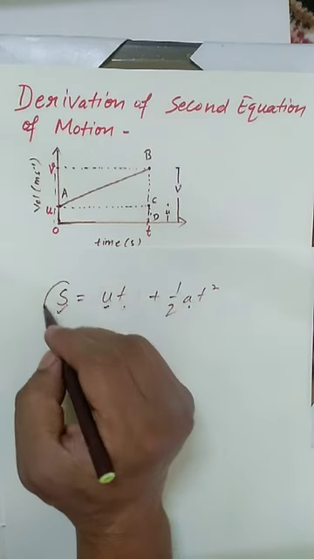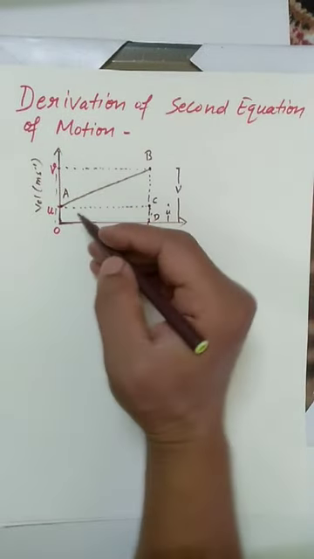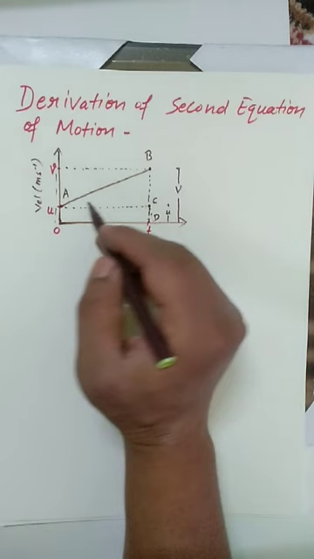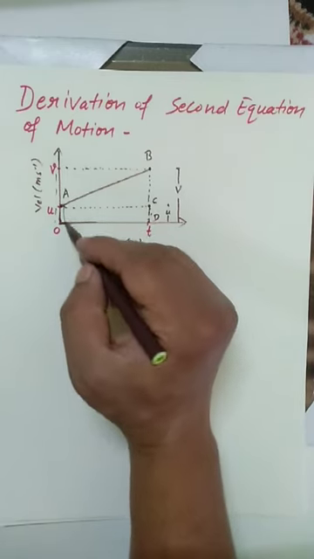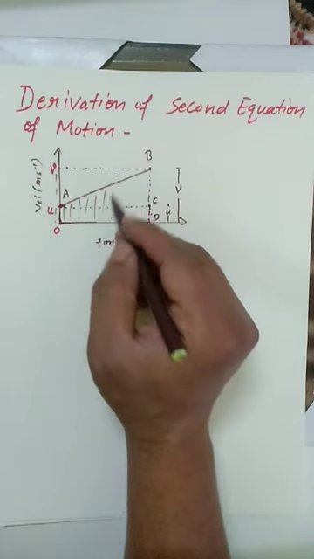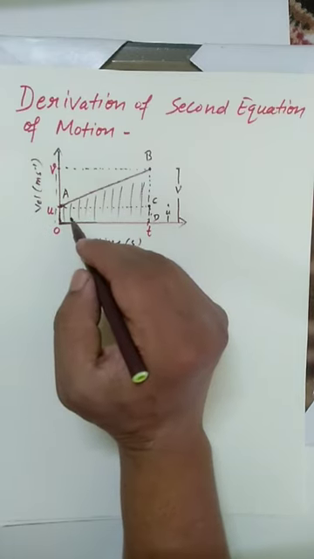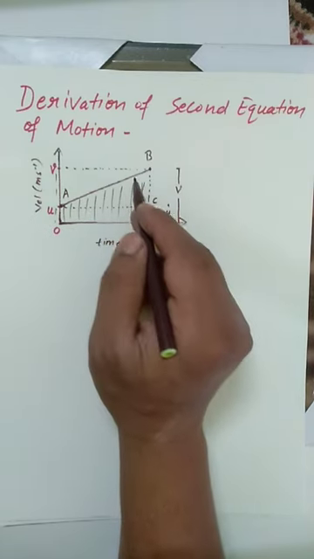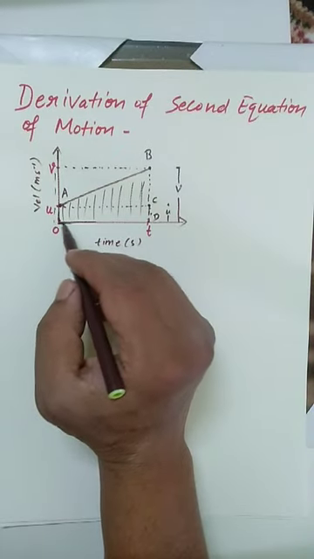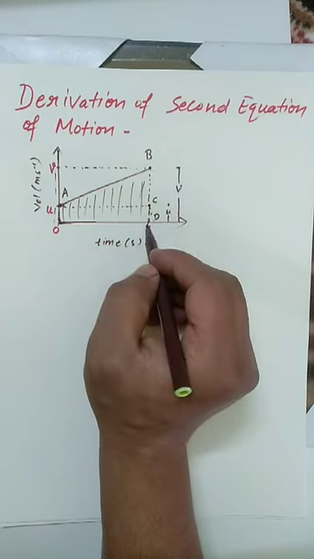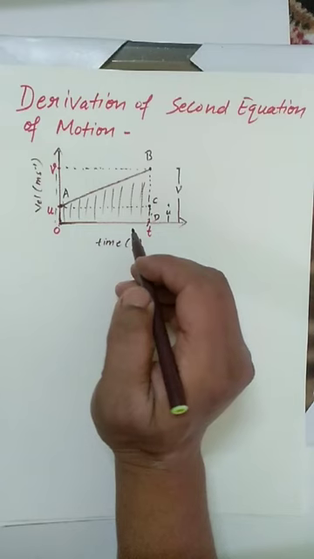So this is the relation between distance traveled, initial velocity, time and acceleration. So we have to start from distance traveled, and in this graph guys, the region which is under this graph, or we can say under this line AB, this region shows the distance traveled. So by finding the area of this region, we can find out the value of distance traveled, and you can see that this region is in the shape of trapezium OABD. So by finding the area of trapezium OABD, we can find out the distance traveled.